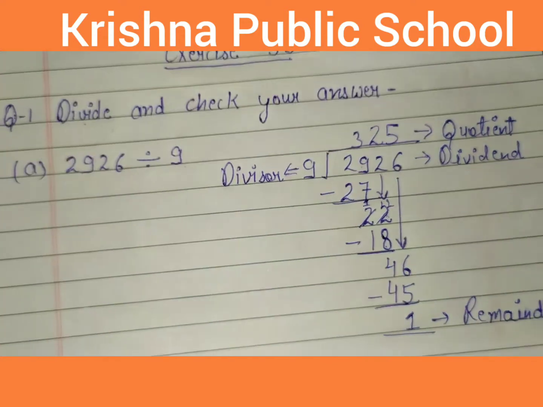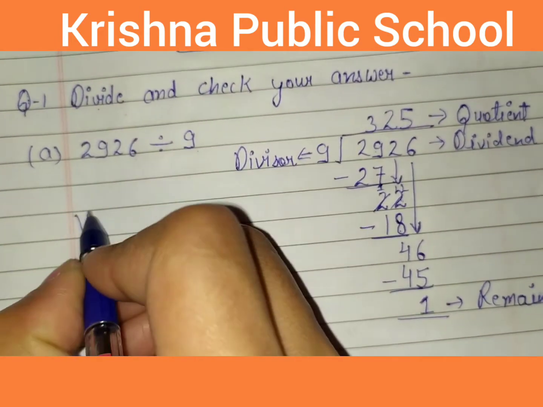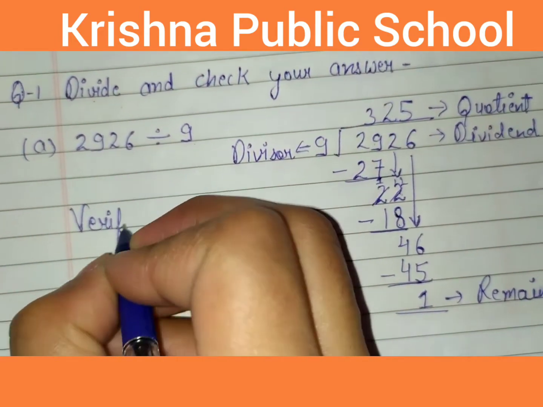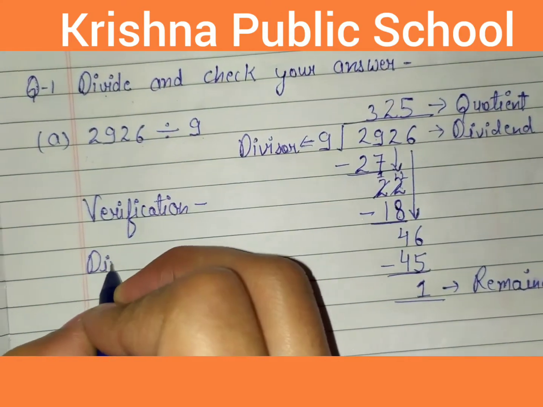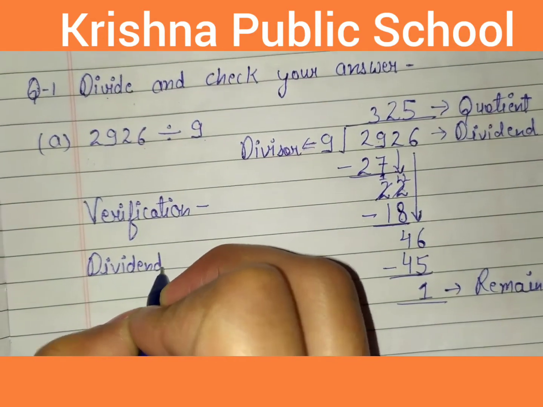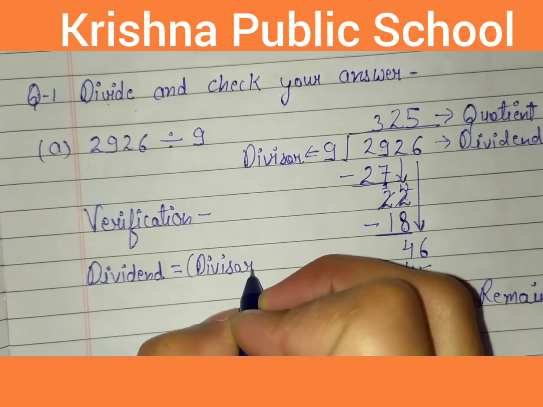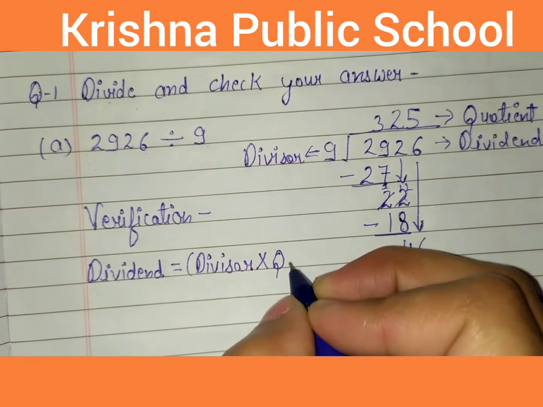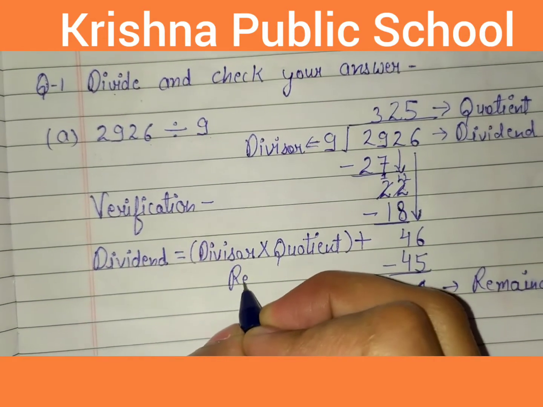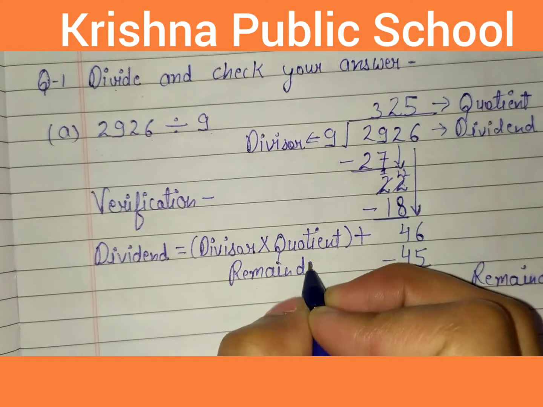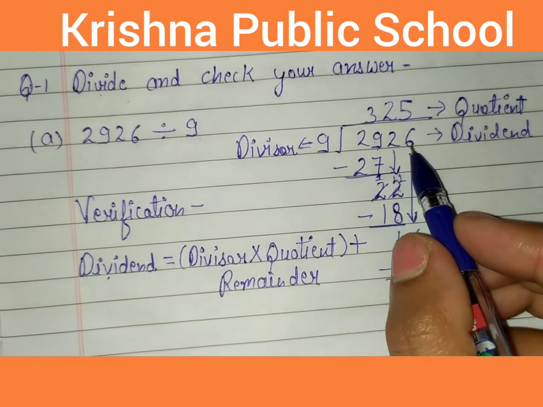Okay children, now check your answer. The formula of verification is dividend equal to divisor multiply quotient add remainder. Firstly write dividend. Dividend is 2926. Write 2926